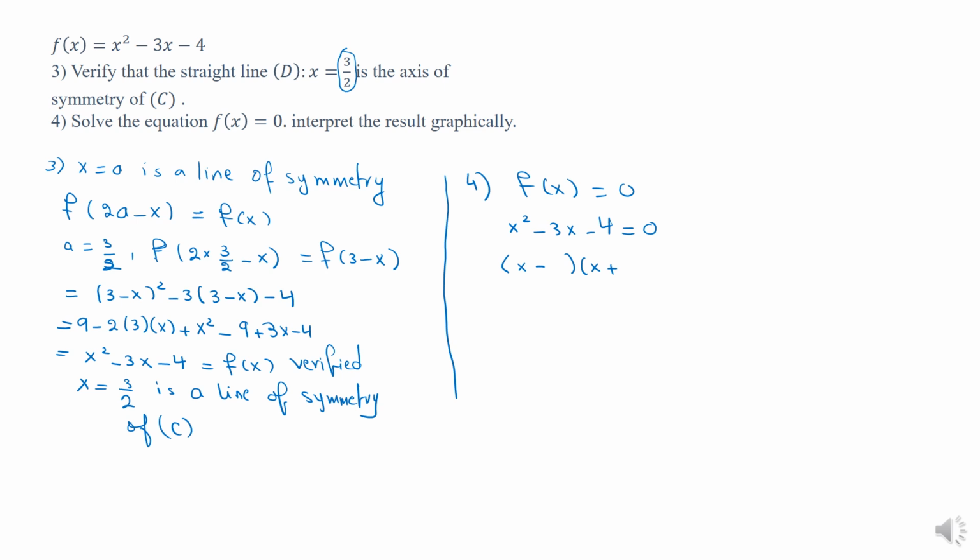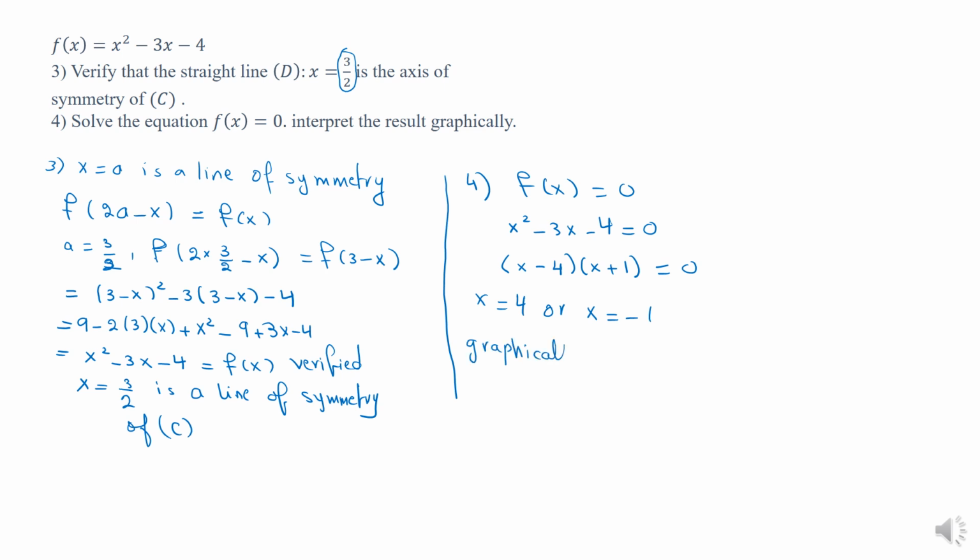So x minus 4, x plus 1 is 0, minus 4x plus x is minus 3x. So this means x equals 4 or x equals minus 1. Graphically,